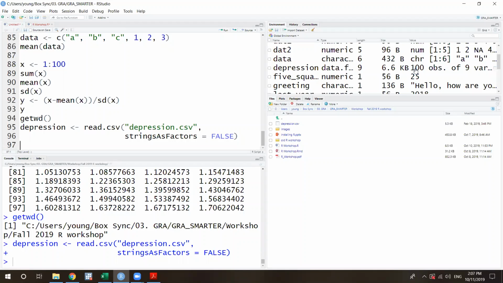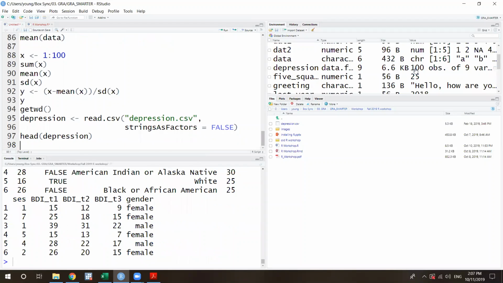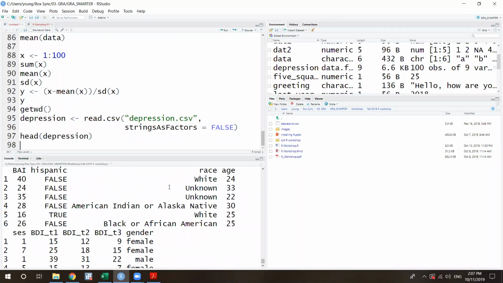After calling the data, you can just overview this data with some functions, which is really useful. First one is the head function. It would give you the first 5 rows in your data.